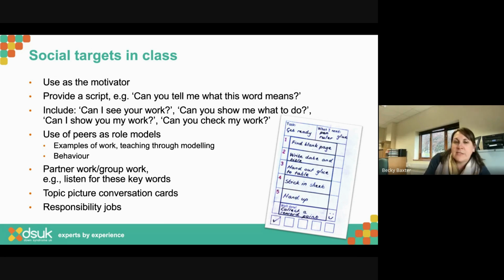Use those peers as role models. So we want to be surrounded by those pupils that are going to be demonstrating what we want our student to do. If we're all doing writing, we're doing the science experiment, or we're doing drawing, whatever it is, I want to be sat alongside somebody who's able to show me. I can copy. I'm good at learning from looking. I can see what's happening. Oh, yeah. What have I got to do next? Oh, yeah, I can do that.